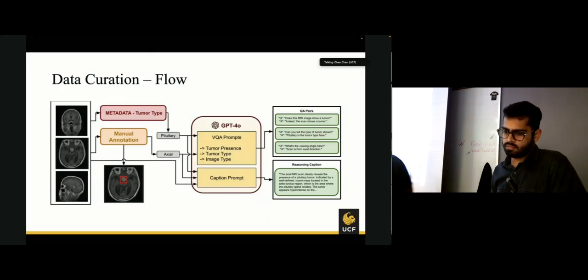So what we did was we collected a lot of data, about 11 to 12,000 images, and we used the metadata which was included, which is the tumor type, as well as we manually annotated every single image with the view information, like from what perspective we are looking at it. And with these two data types,